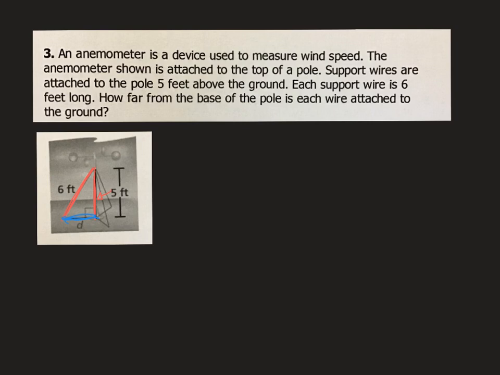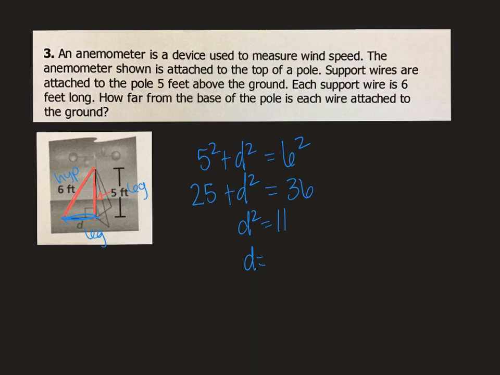Okay, so nothing changes in what we're doing. We're still doing Pythagorean theorem. So 6 is our hypotenuse. 5 is a leg. D is a leg. So 5 squared plus d squared is going to equal 6 squared. 5 squared is 25. 6 squared is 36. I'm going to subtract my 25 on both sides to get 11. And then I'm going to take the square root on both sides so that d is by itself. And we end up with the square root of 11, which is about